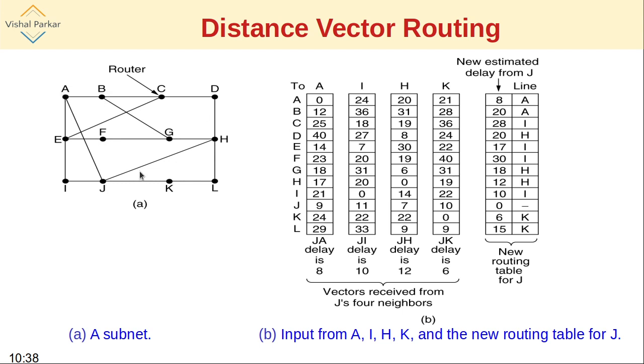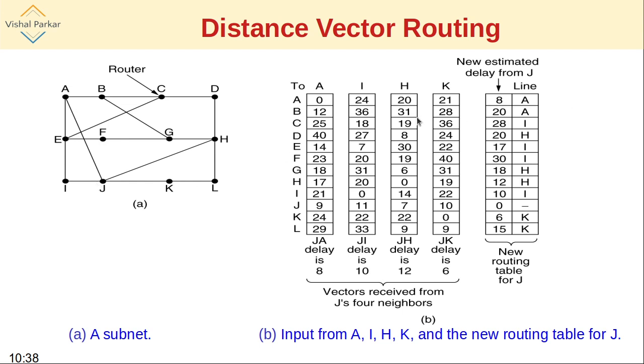Now if J wishes to go through I to B, the I to B distance is 36 and J to I distance is 10. So obviously it will take 36 plus 10, so 46 milliseconds to reach B as compared to the previous distance